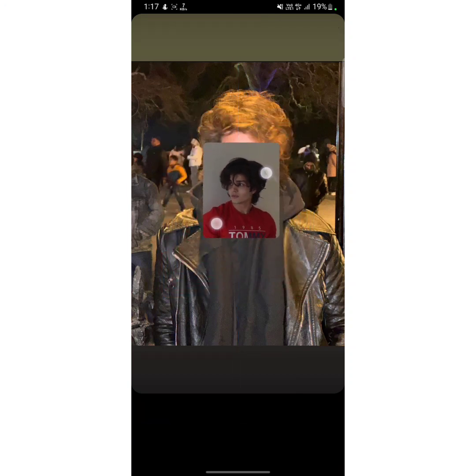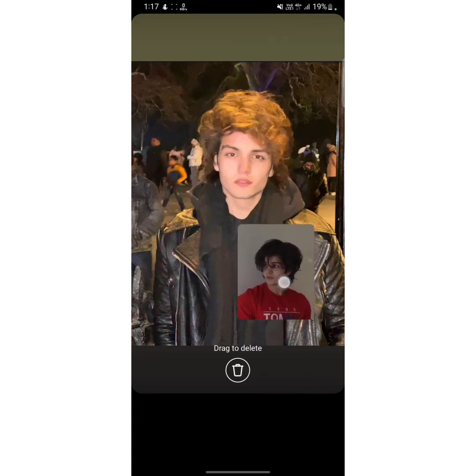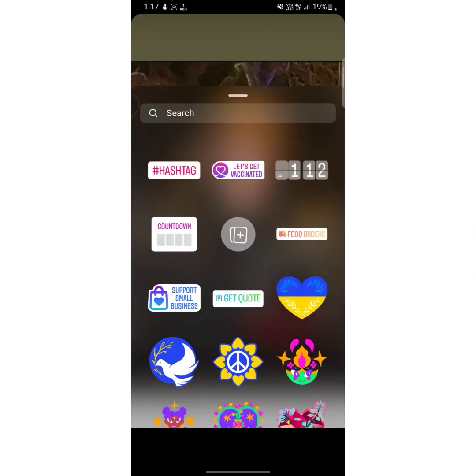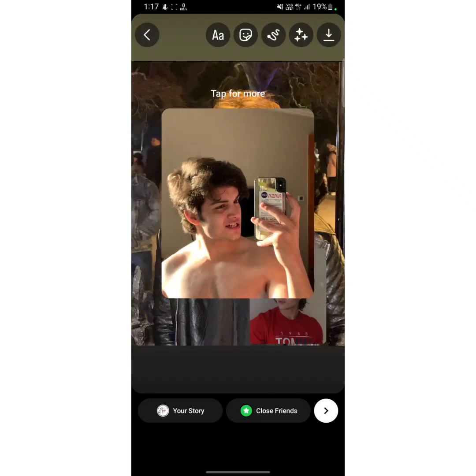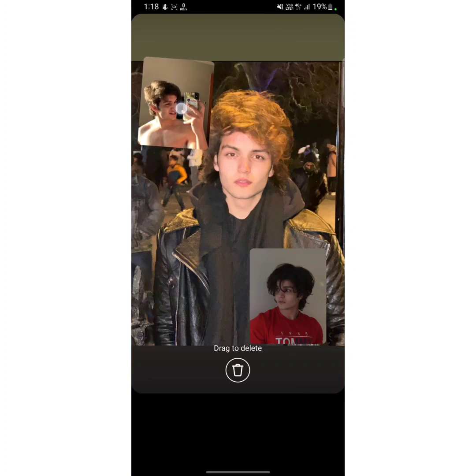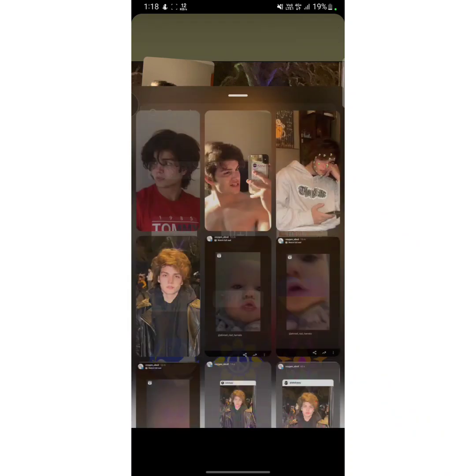So this one is great. Now place it anywhere on this display, and following this same process you can add another picture to this story. So I'm gonna add another one and resize it and place it anywhere on this display. And if you want, you can add more pictures to this story. So I'm gonna add one more, so this one, and